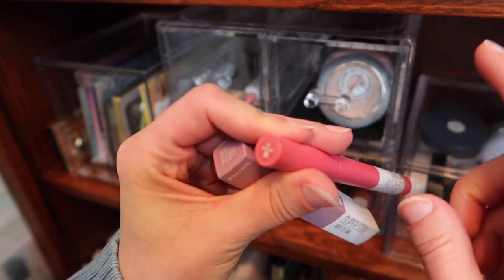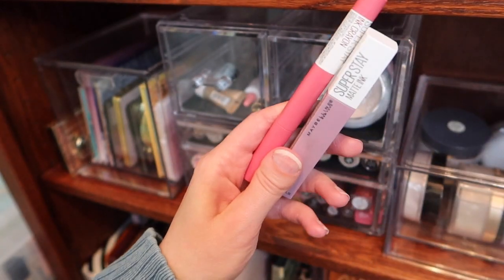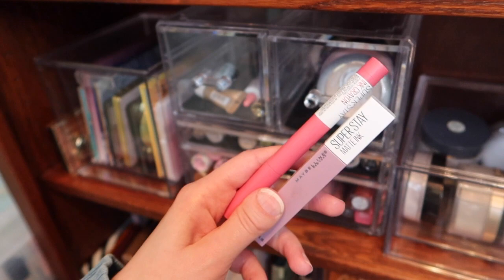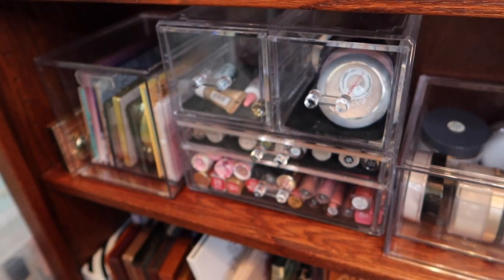So this one is 30 Seek Adventure, and this is 100 Philosopher. I love these colors a lot. I wear these and talk about these a lot, so we will pull them for that Makeup Basket Express. All right, and then